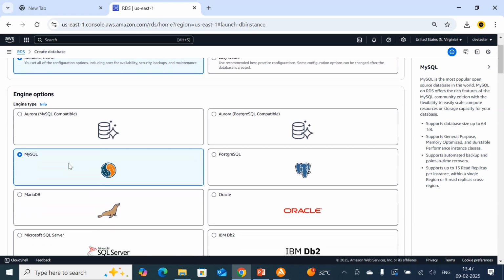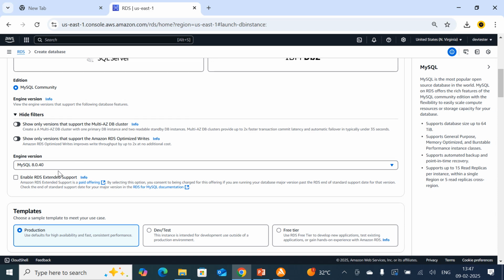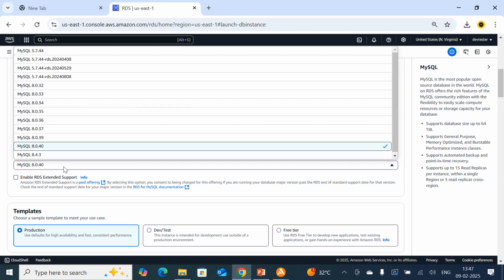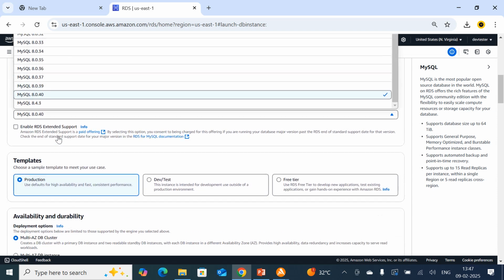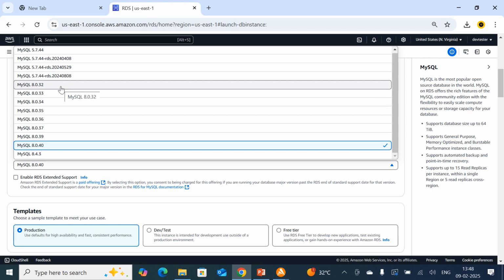As I already selected Standard create, here I am going to select the database engine as MySQL. Here you just need to select which version you are looking for. Based on your requirement and the compatibility of your application, you are going to select the particular version which you require. Here I am going to select MySQL